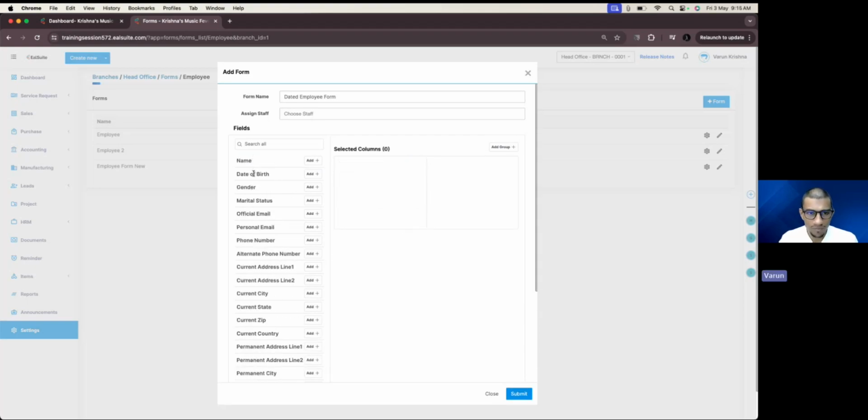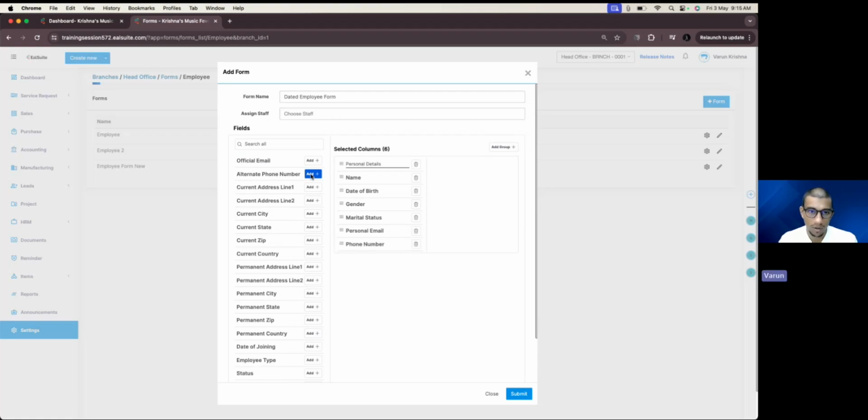Okay, so the name, date of birth, gender, marital status, official email, personal email, so many are present here. So let us first of all add a group and write personal details of employee. Then we can add name, birth, gender, marital status, personal email, phone number, alternative email, phone number, and so on. Right? Yes. Then I can add another group where I can add addresses. So current